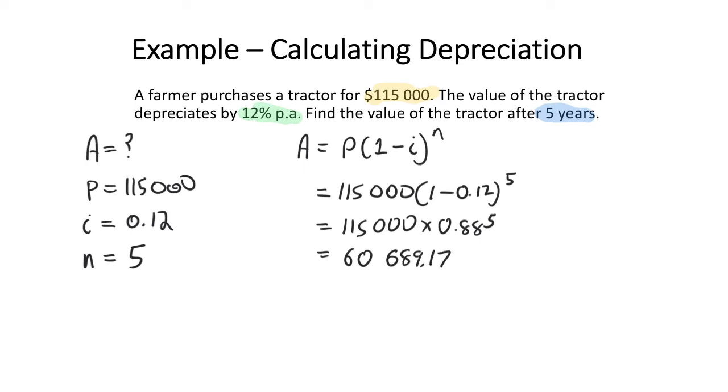$60,689.17. So the value of the tractor after 5 years for the farmer is going to be $60,689.17. And because it is a word question, I need to write a word answer. So the value of the tractor after 5 years is